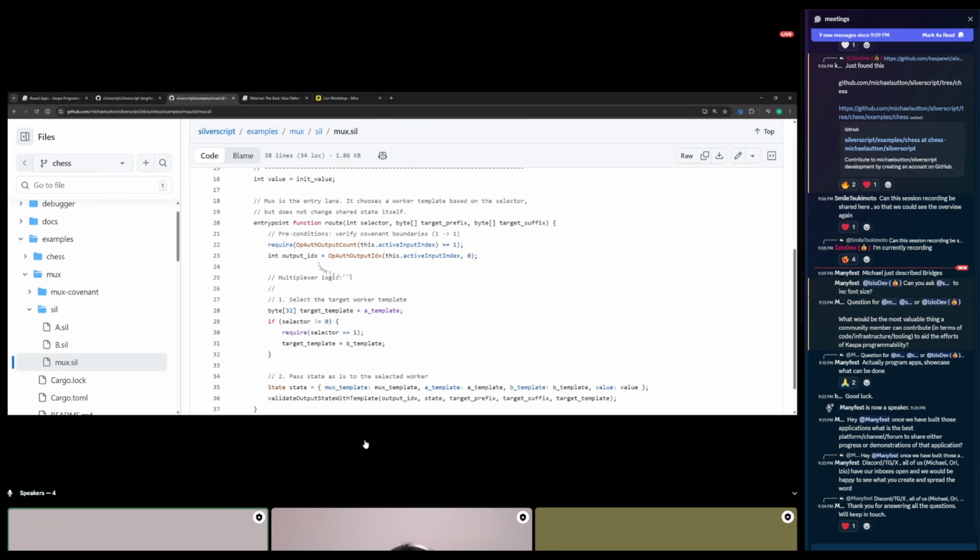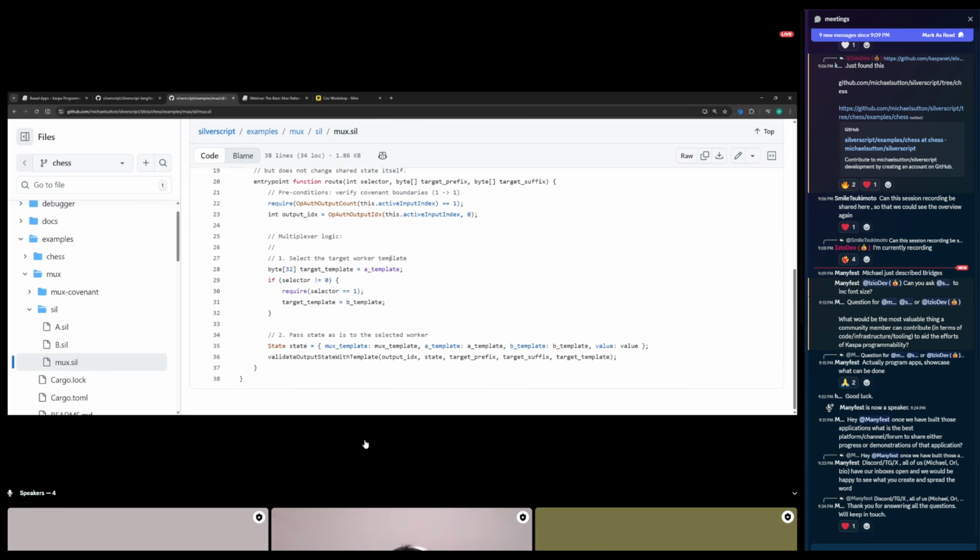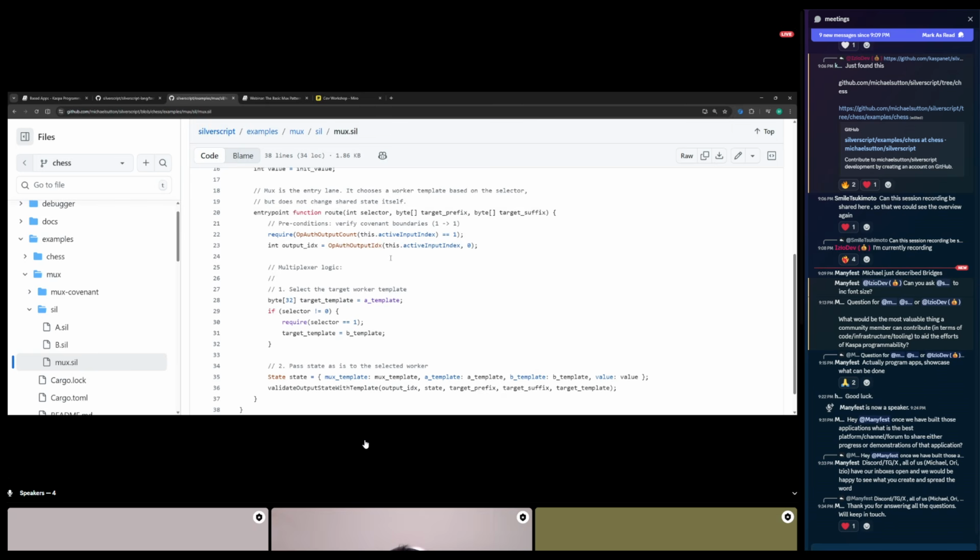But what I want to show is, I'm calling the main entry point route, and one of the arguments it accepts is a selector. So the user is telling me I want to multiplex into worker A or worker B.